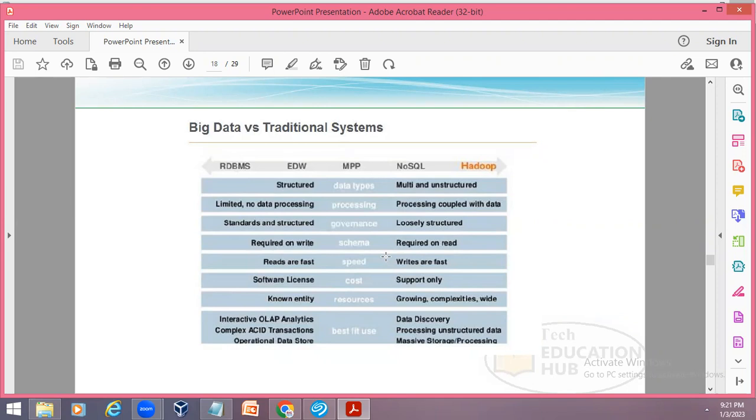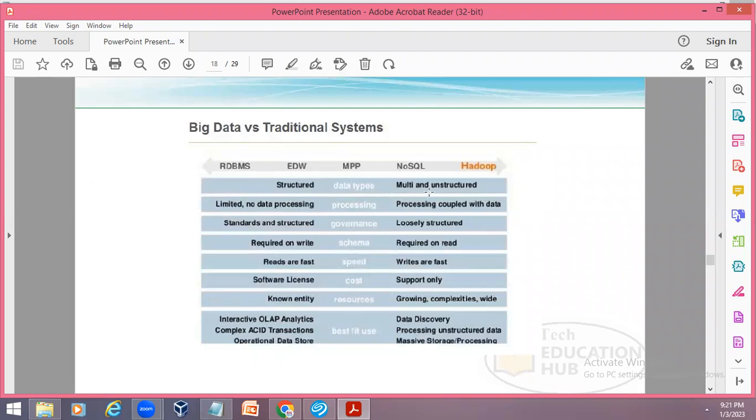Yeah, got it. I think this one is coupled with data. That means it's connected, it's working together with data. Okay, don't worry, I'll explain it. But whenever I ask you to read the slide, just read it and then I ask if you have any question. If you don't have, then definitely I'm going to explain that slide. I give some time to read the slide. Okay, fine. So let's go one by one.